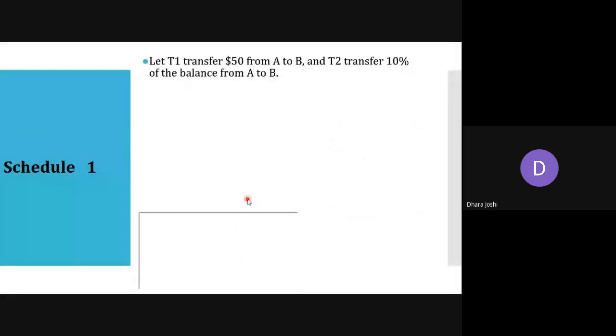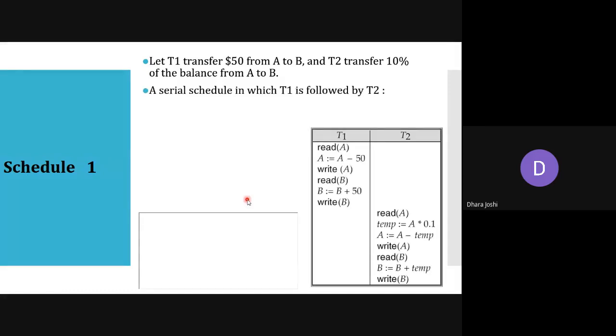Okay, so we are discussing different schedules. Schedule 1: let T1 transfer $50 from account A to B, and transaction T2 transfers 10% of the balance from account A to account B. Okay, if you have observed here, we have a T1 transaction. What does it do?